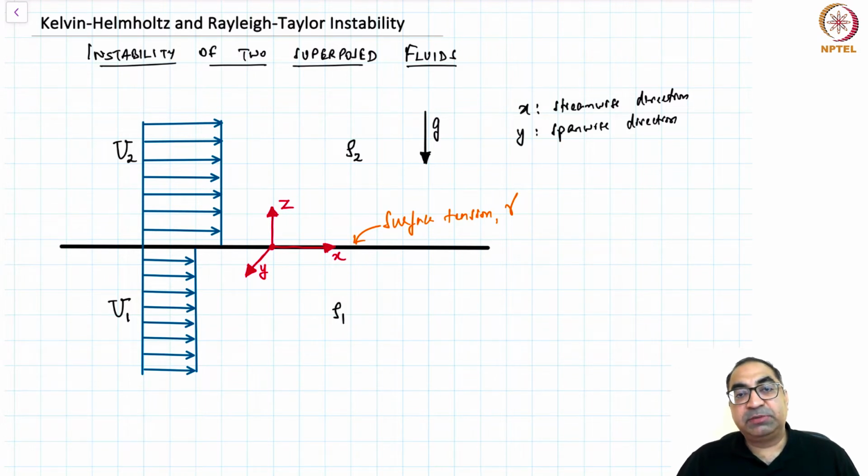In some of the stability problems that we've looked at in this course, such as the Rayleigh plateau instability, or the stability of a thin film, or the Marangoni instability, the base state was completely stationary. There was no velocity in the base state at all. We will now be looking at a problem where the base state has a velocity, and this velocity is actually